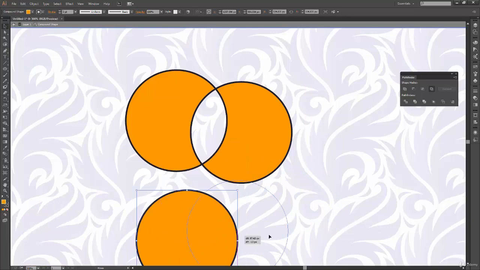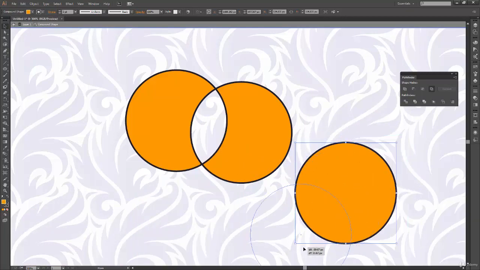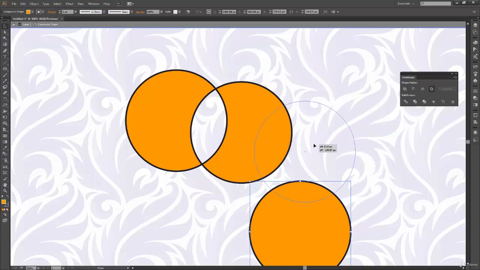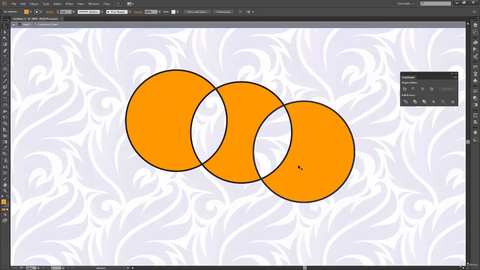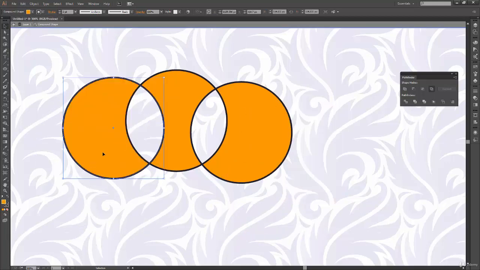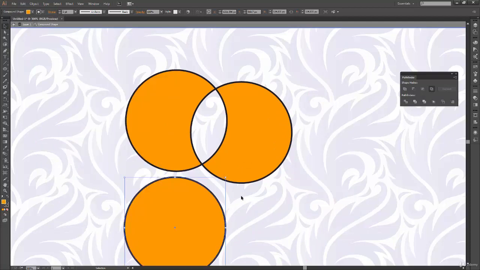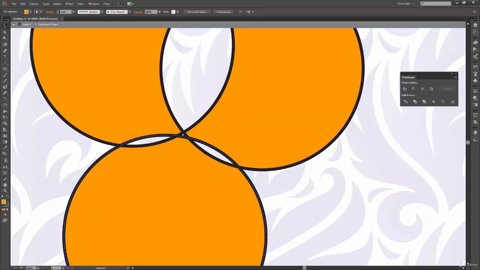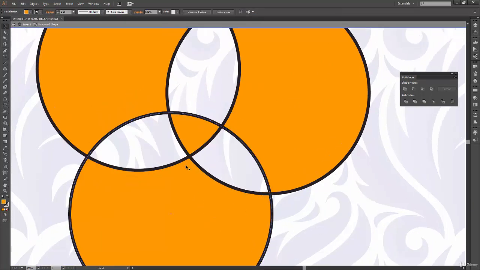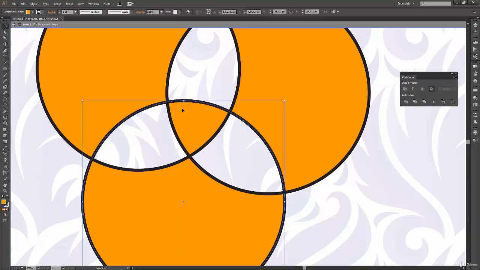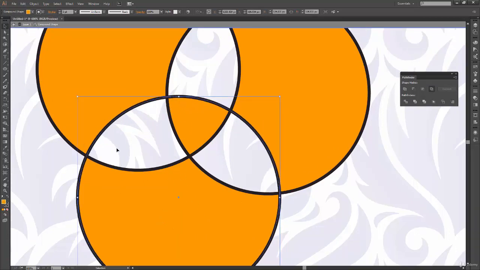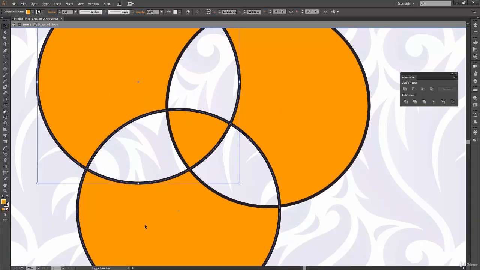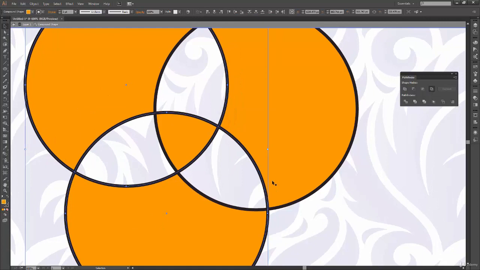Now if I put this circle, which is not considered right now, somewhere over here, you can see exclude is working perfectly fine. The common area between these two circles is also removed. Even if I put it somewhere over here, it is working fine. But now if I put it somewhere over here, you can see this common area is being removed, but when I put it over here, then again I'm getting this shape. Why am I getting this? Because if I talk about these two circles on the left, this was the common area which got removed. If I talk about these two circles on the right, this common area got removed.